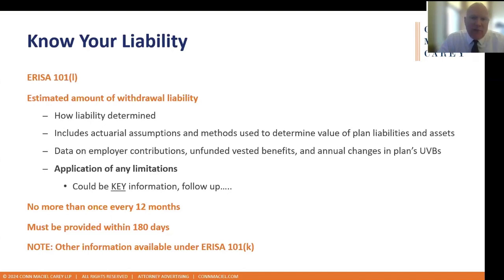But the pension funds often will pretend that your withdrawal liability is actually the unfunded vested benefits. They won't apply any of those limitations, and they'll send you a letter back that says, well, here's your withdrawal liability if you were to withdraw this year, and it's $10 million or $20 million. Well, given how underfunded these pension plans were for so long, that number may very well be, and often is, in my experience, not your actual withdrawal liability that you would actually pay after those limitations. It's the unfunded vested benefits prior to the limitations.